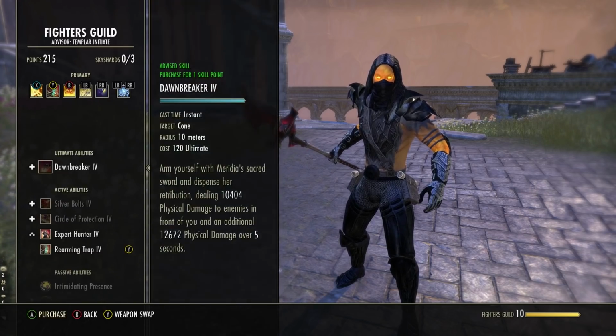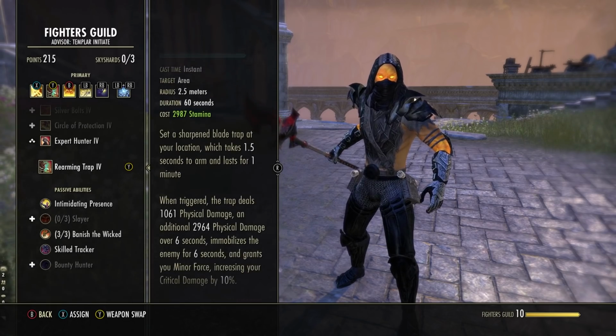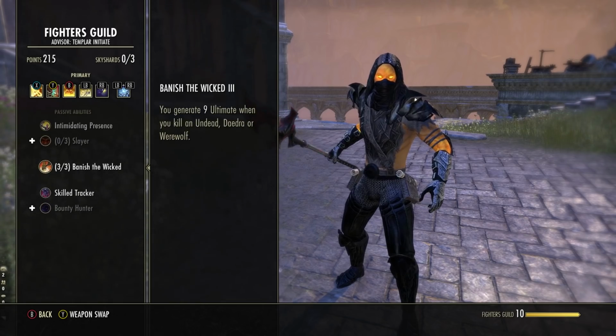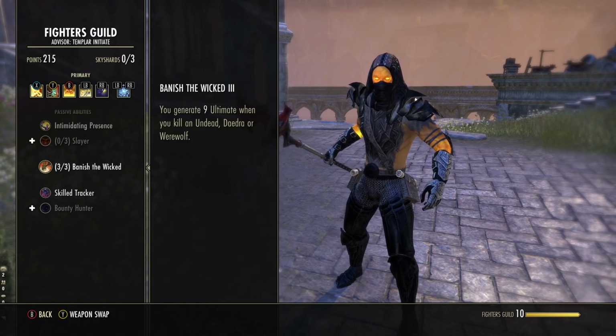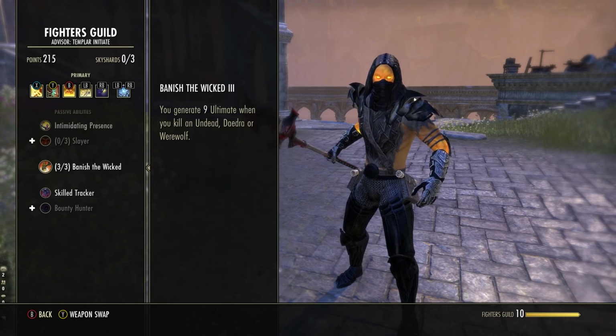Now, Fighters Guild, you will need a couple of passives here. First of all, we are using Rearm and Trap, and it is expensive. So, you want Intimidate and Presence to reduce the cost by 15%. You also want Banish the Wicked to generate 9 ultimate every time you kill an undead, Daedra, or werewolf, which means, of course, your ultimate generation is faster,